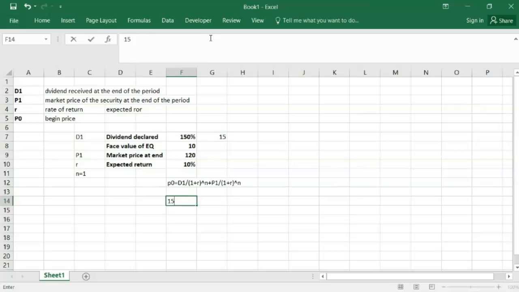So the dividend is 15 rupees divided by (1 plus r) to the power n. n is 1, because here I am going to calculate for one year only. What is r, the expected rate of return from the market? 10 percentage, which means 10 divided by 100, equal to 0.10. So 0.10 to the power 1: anything to the power 1 is the value itself, so we can take it as it is. 1 plus 0.10 is 1.10. It means 15 divided by 1.1, plus